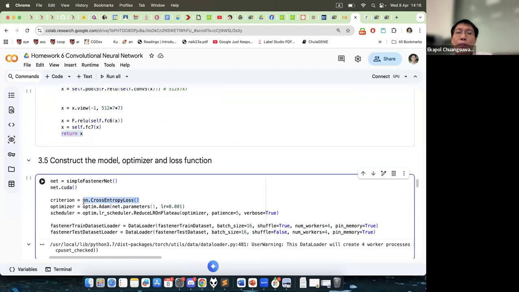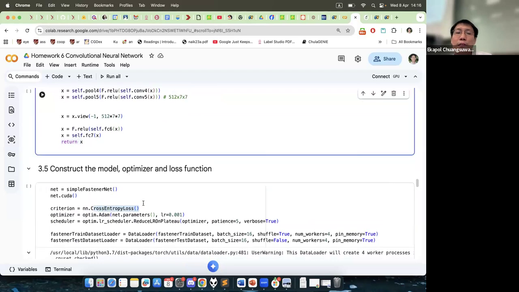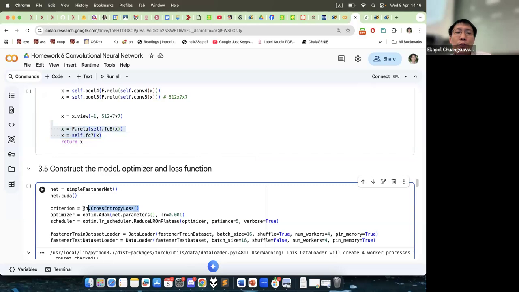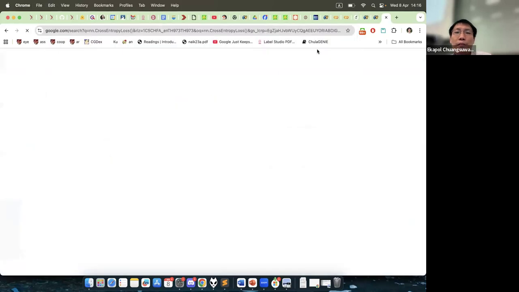Then we say, okay, let's set the loss. The loss is cross entropy loss. Notice one thing. There's no softmax in here, right? I said like, oh, when you use cross entropy, you need to use softmax, right? Where's the softmax here? So in PyTorch, if you use cross entropy loss,